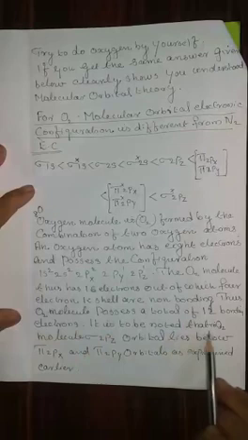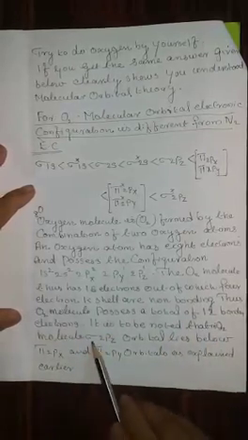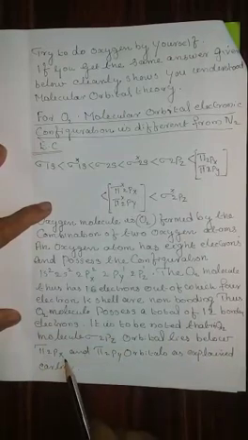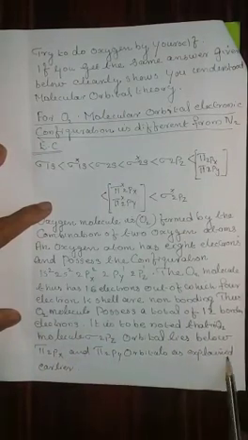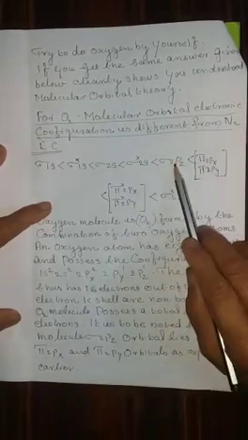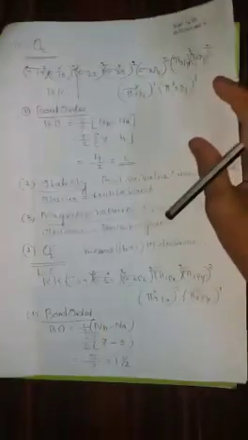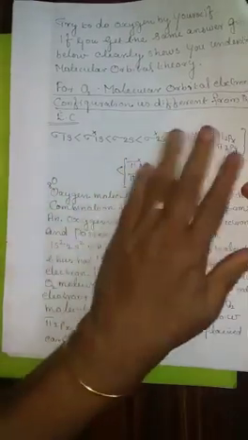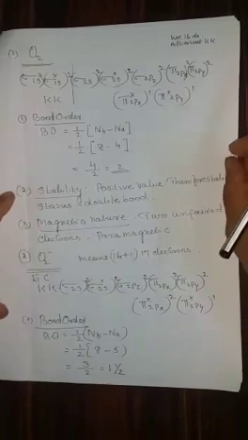It is to be noted that in the O2 molecule, the sigma 2pz orbital lies below the pi 2px and pi 2py orbitals, as explained earlier. That is the difference here. Make a note of it. Then only you start filling the orbitals. Let us take the first one. When you write the electronic configuration, you do not need to include the less-than or greater-than signs in between. You just write the electronic configuration in order.